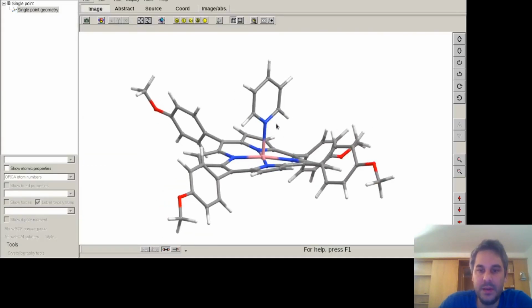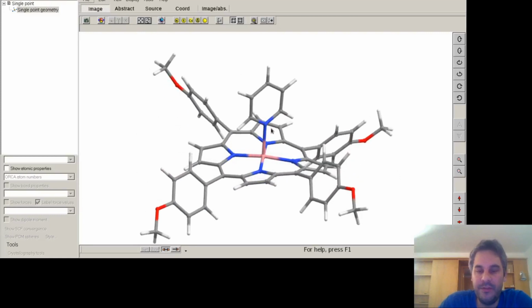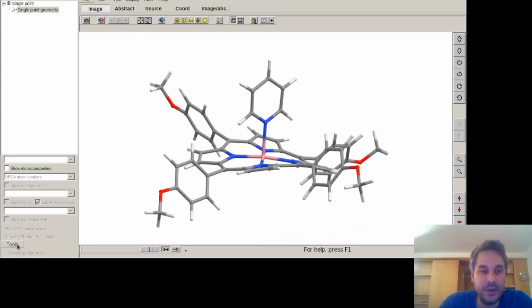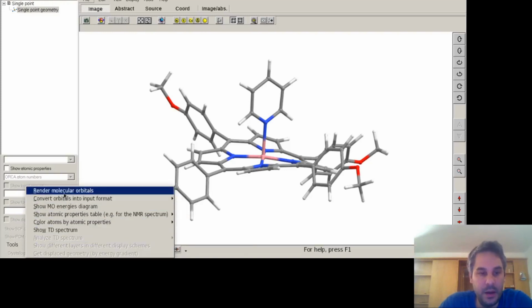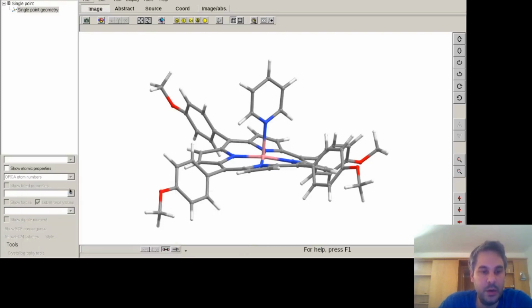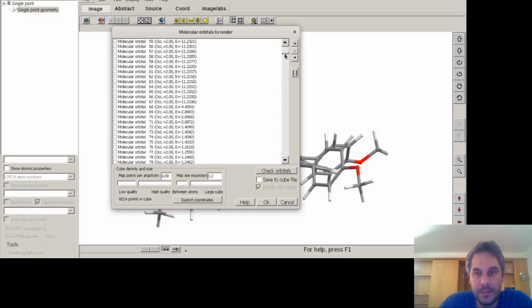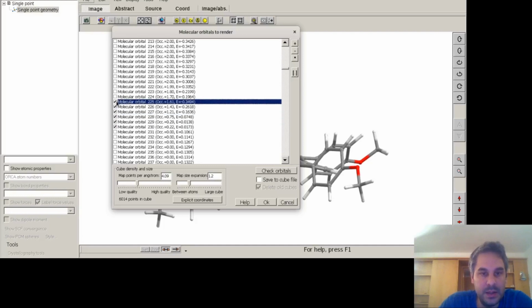So now this is the output file from the first CASSCF calculation, which I did from reading the orbitals and rearranging the orbitals of the DFT wave function. So I will render molecular orbitals. In here, the CASSCF orbitals have occupations. The filled ones are doubly occupied, and the active orbitals have occupations between 0 and 2, and the virtual orbitals have occupation of 0. So I will go and see the active space,